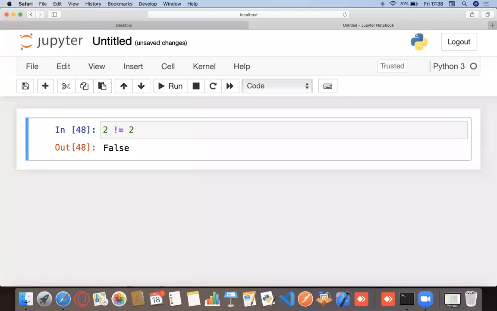What single equals to does is it stores the value. Say if I say x equals to 10, the value of x would become 10, or x would store 10. Whereas double equals to is used for comparison. So yeah, 2 not equals to 2 is false because 2 is equals to 2. But 1 not equals to 2, it's true. Any number other than 2 is not equals to 2, so it's true. In the same way, there are other operators as well. Like 2 less than 3, it's true. But 4 less than 3, it's false. 3 less than 3, it's false as well.